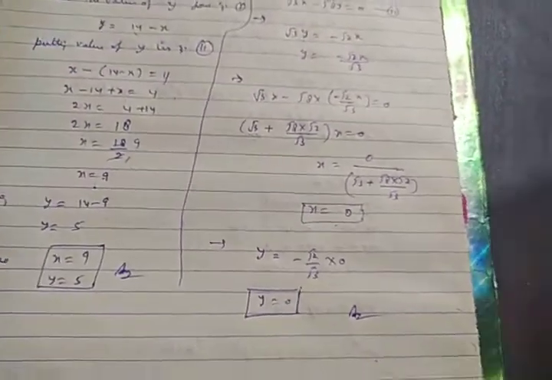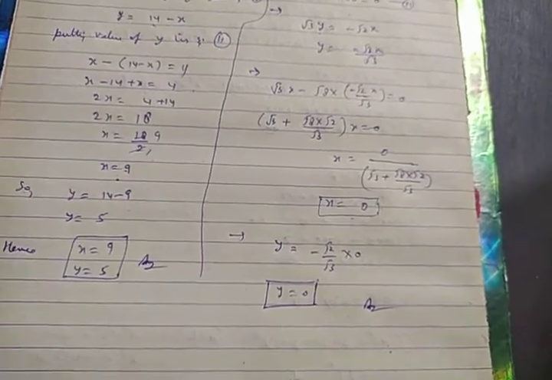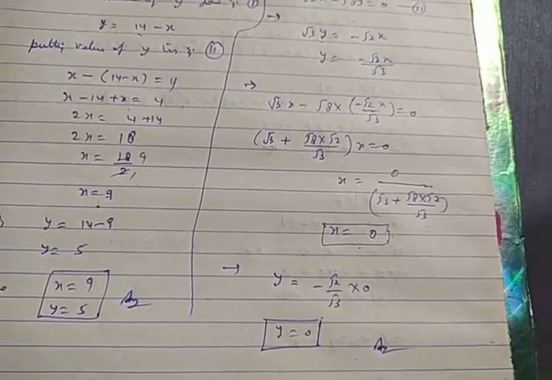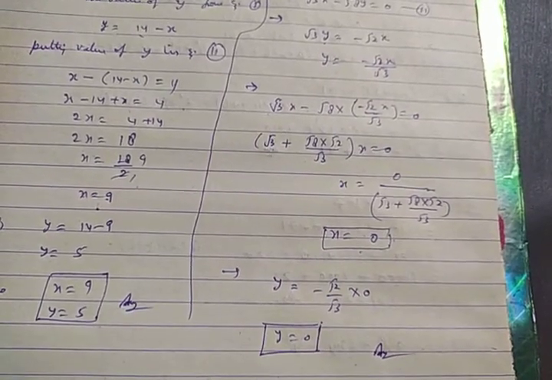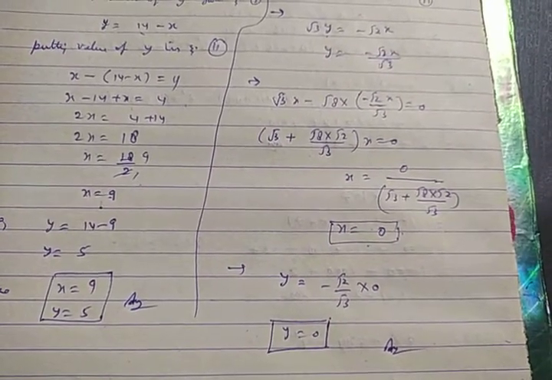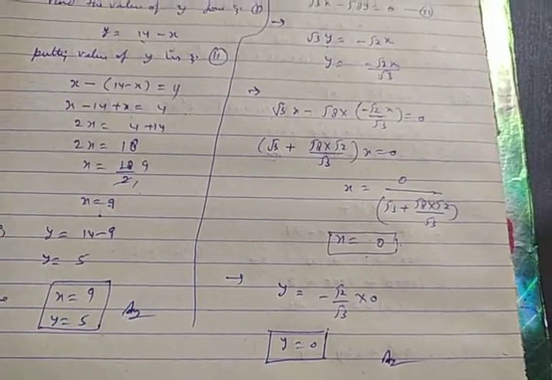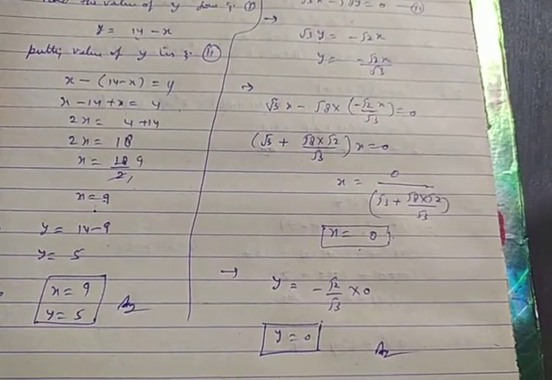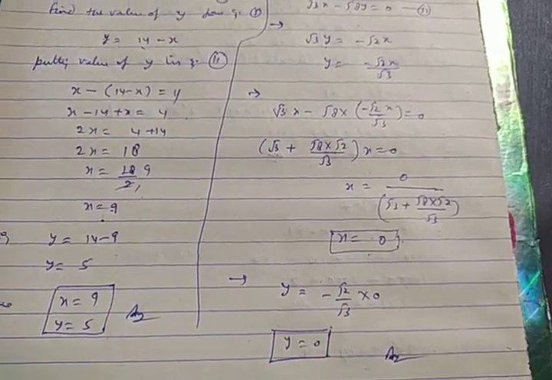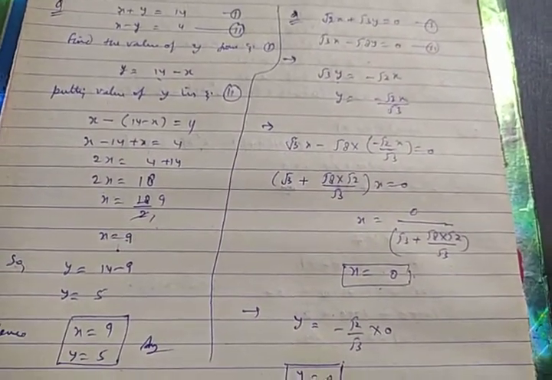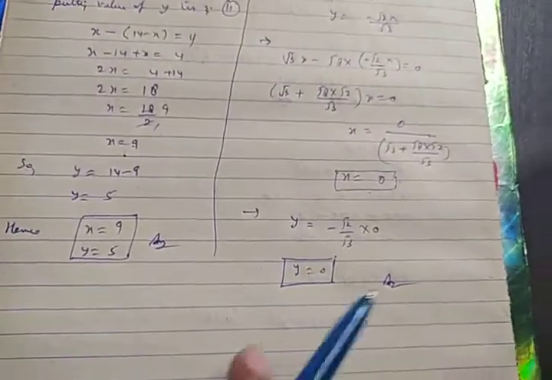This is the substitution method, meaning the value of x or y is calculated from one equation and that value is substituted into another equation, then obtaining the value of the particular variable, whether x or y. The first value is obtained, then the second value is also obtained, like this in those two questions. This is the concept of exercise 3.3 and all its questions.